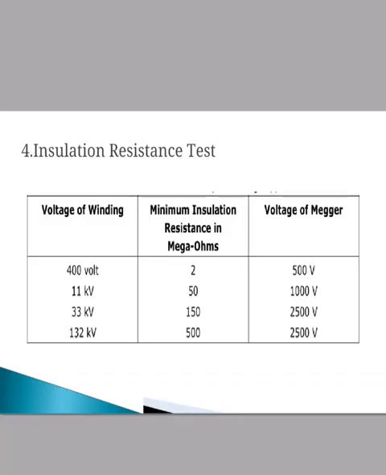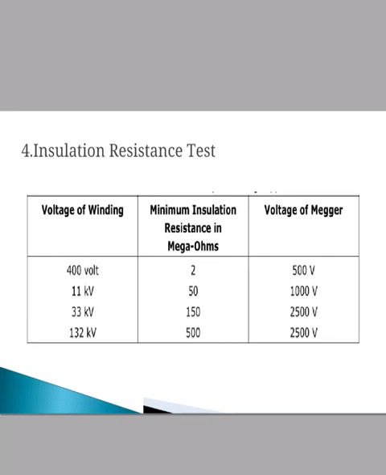The fourth test is the insulation resistance test. This test is carried out with the help of a Megger, and then we find the insulation resistance. The insulation resistance depends upon the winding temperature. The insulation value will be reduced by 50% if the winding temperature is increased by 10 to 15 degrees Celsius. The value of insulation resistance is measured for determining moisture absorbed by the winding, insufficient insulation between windings, or the effect of atmospheric pollution on the winding.